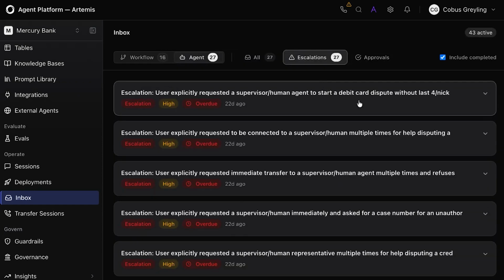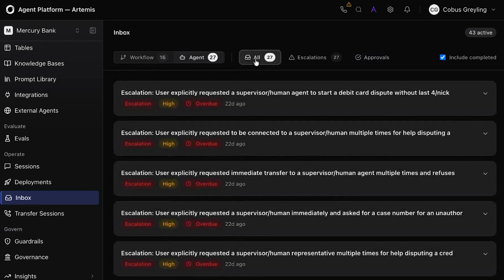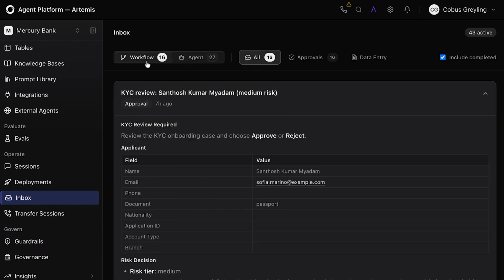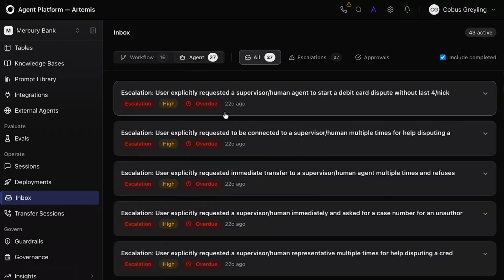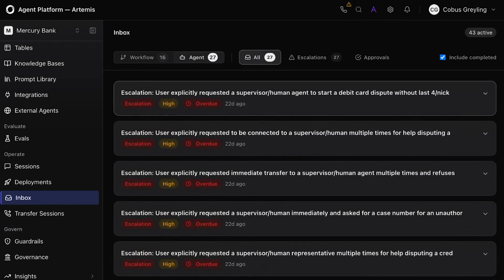I thought you've got also escalations. So all of these are of high importance, and also different approvals. If I go back to my agents workflows, I can also create a task manually and assign that. So this is an interesting way of managing the outer loop, having items surface to knowledge workers, to real people,